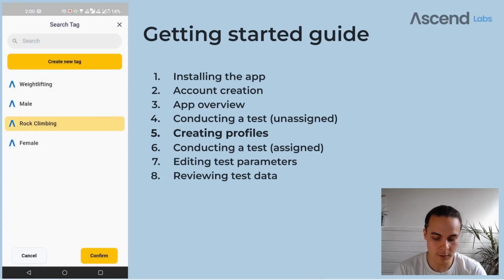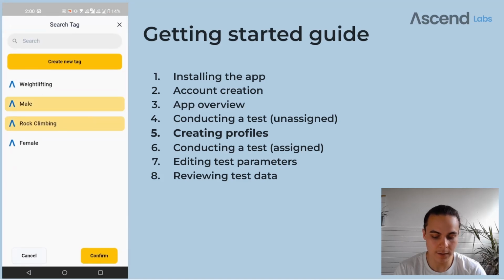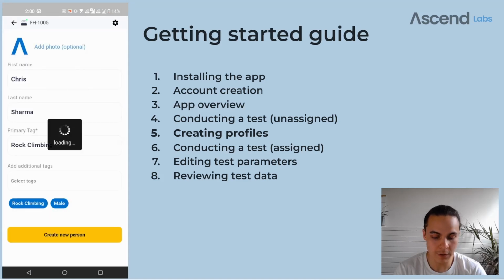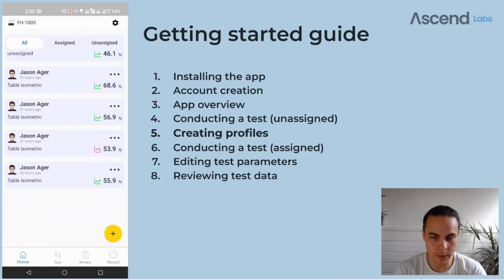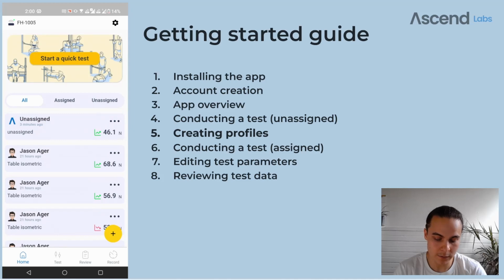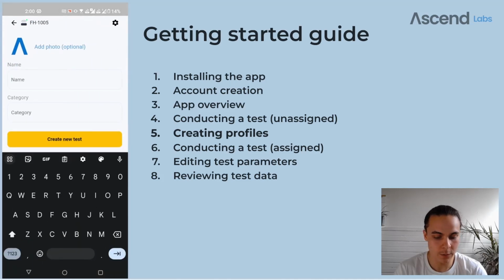But for now, we're happy with rock climbing as its primary tag, and I'm going to secondary tag as male. And we'll create that new person, and that's successful. And then we can also create a new test profile while we're here. I'm going to add a new test. We're going to call it